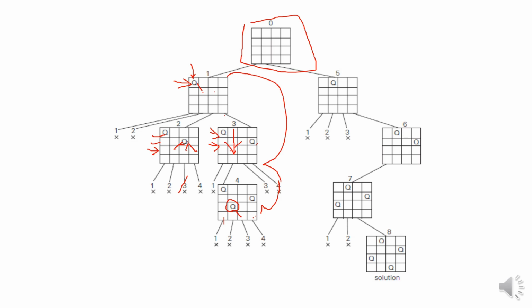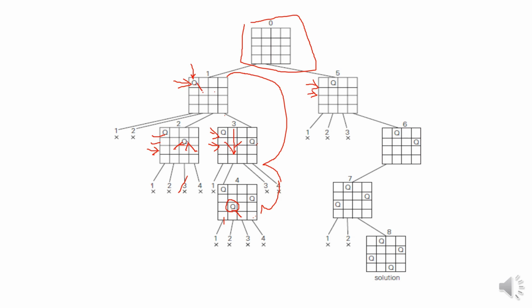And now, instead of continuing with this solution, we try to get another possible option. So, we try placing the first queen itself in the second column. Here, we had placed it in the first column, but this did not give us a solution. So, now we try to place the queen in the second column. Having placed this first queen in the second column, we try to get the position for the second queen.